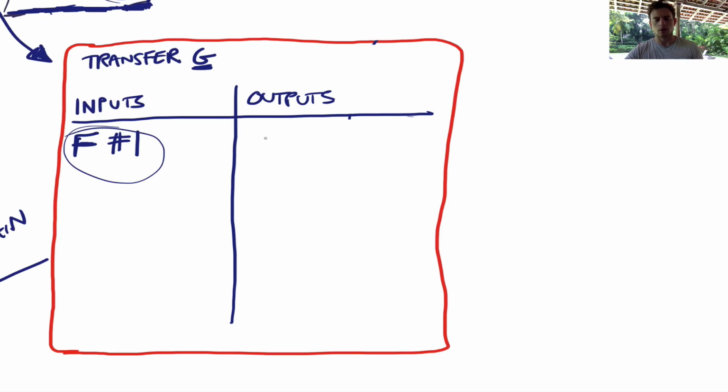So if we go to our transfer G, Bob is writing this new transaction, creating a new document. He's saying, okay, I'm spending this output here, and I am going to pay as follows. So the output is £1 of value, because that's the value of the input,